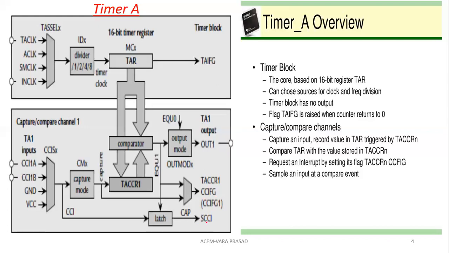And SCS means synchronization. So this timer is also used for synchronous communication. At that time you can use it for synchronization; the capture compare input is used. Okay, that is the Timer A register, the Timer A operation. Then we'll go to the next one.